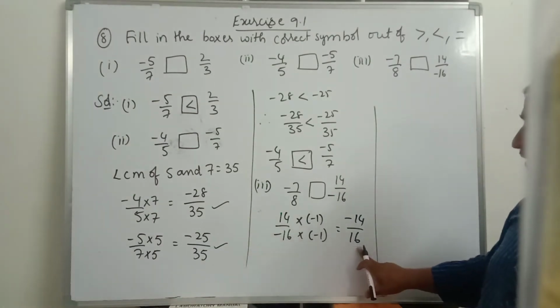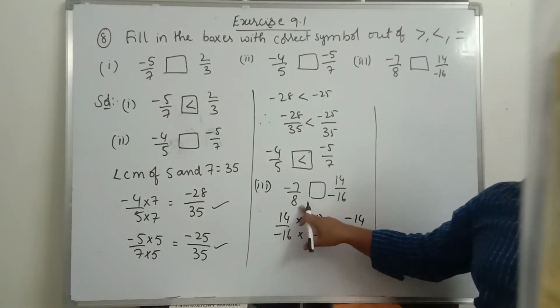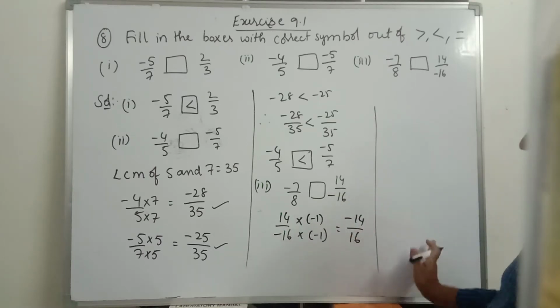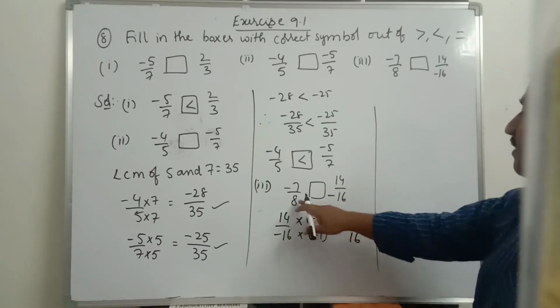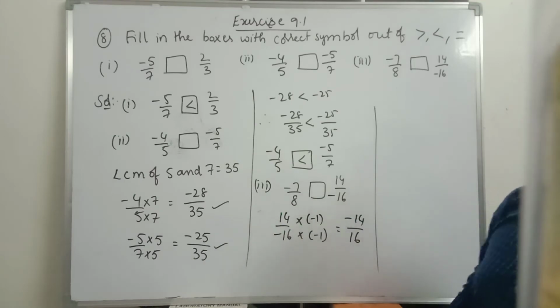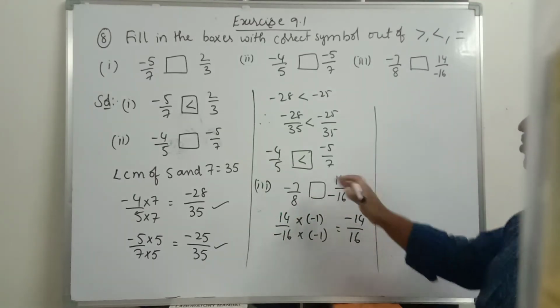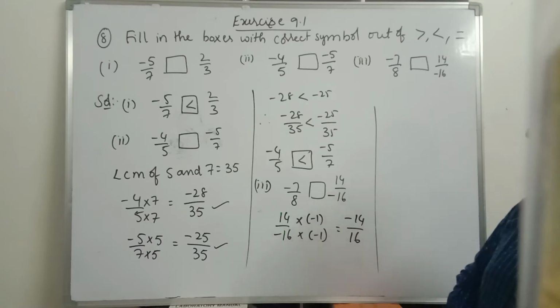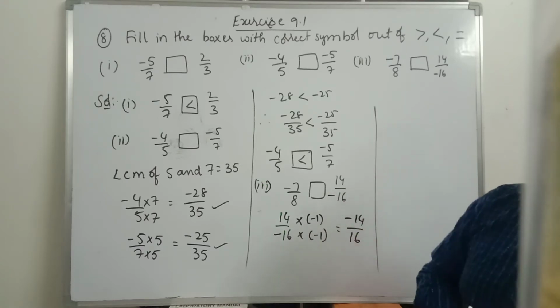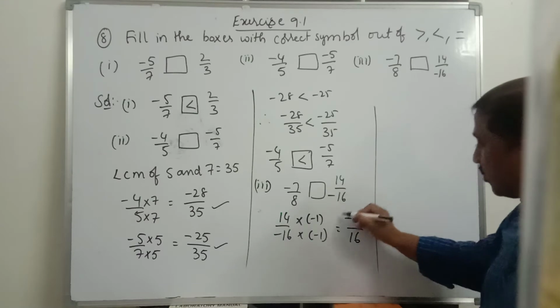Here the denominator is 16 and here the denominator is 8. You can reduce this to the lowest term, or you find the LCM of the denominators, what we did in the second problem. LCM for 8 and 16, it is 16. Then you change those two rational numbers to the same rational numbers, that is with the denominator same. Or you reduce this to the standard form.